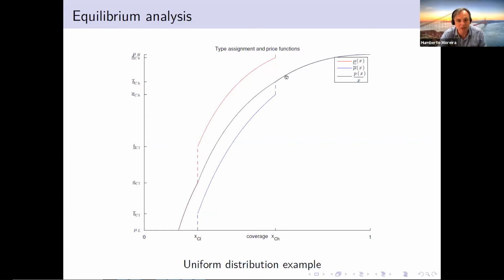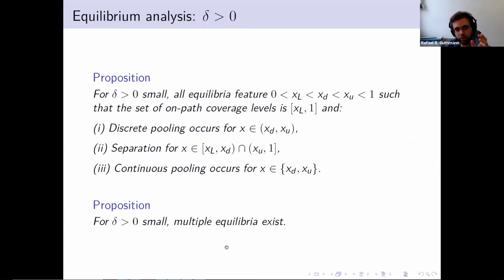So there is a small interval where you can play, where you start the transition from the separation to the discrete pooling. When you pin down that, everything else is going to be pinned down downwards. That's the nature of the multiplicity, right? So you have a continuum of possible ways to do this transition. It's not very big; there is a limit.